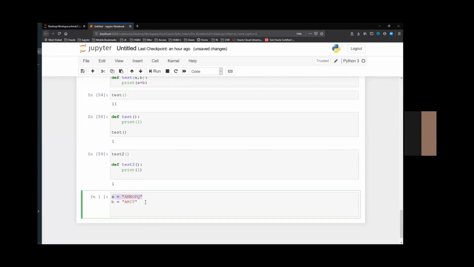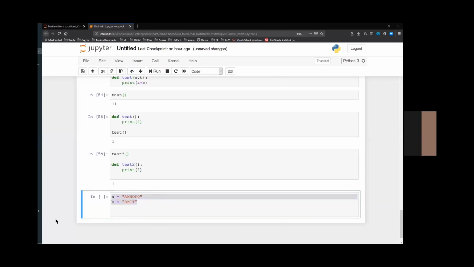A and B are two strings for me. Whether A holds AMIT or B holds AMNOPQ, I don't care. All I can do is, after taking the inputs, ensure that A always stores the smaller value and B stores the larger or bigger value, right? I can do that, correct?